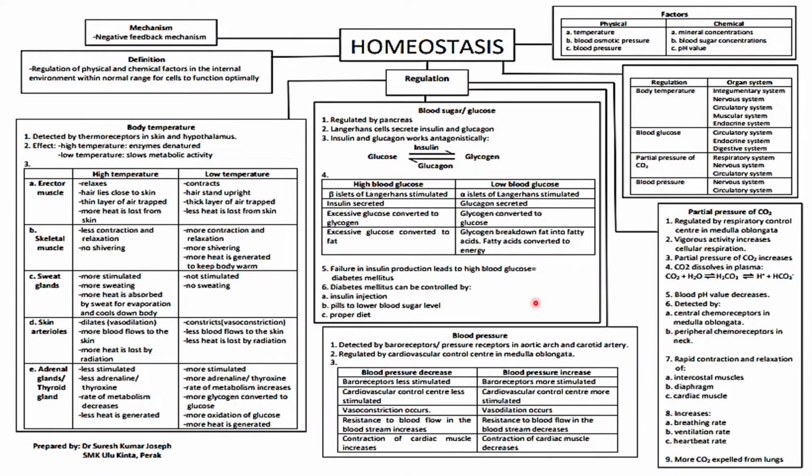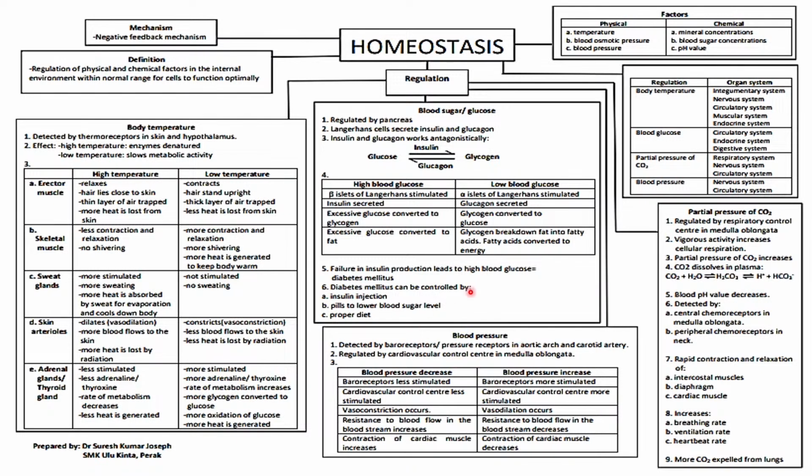Proper diet here means we reduce our sugar intake. Could be our carbohydrate or also the types of food that contain a lot of sugar. We try to reduce it. So that will help to lower down the sugar in the body. It will keep the sugar in a balanced state. Okay, all right. Next one,